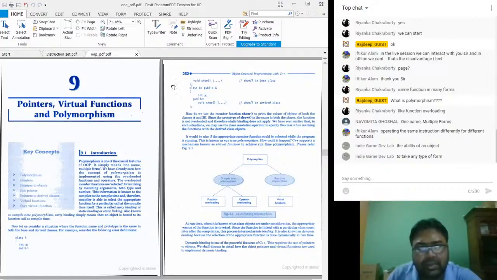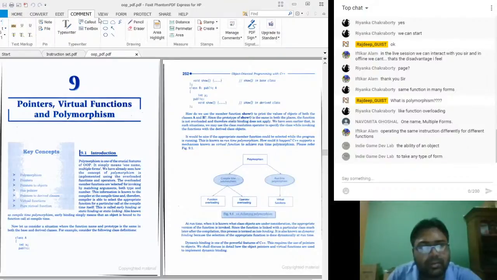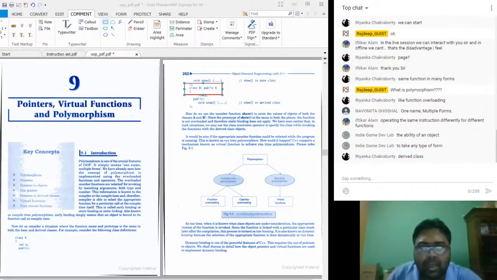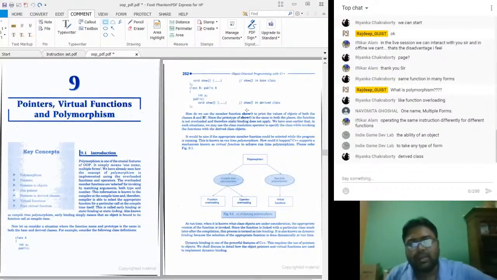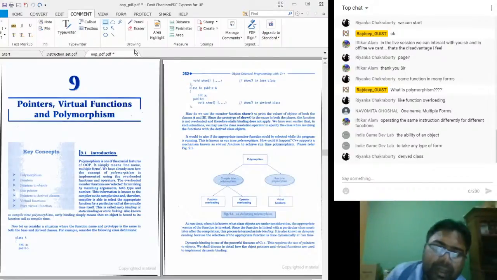Yes, you are basically inheriting from class A, right? So B is getting derived from class A.